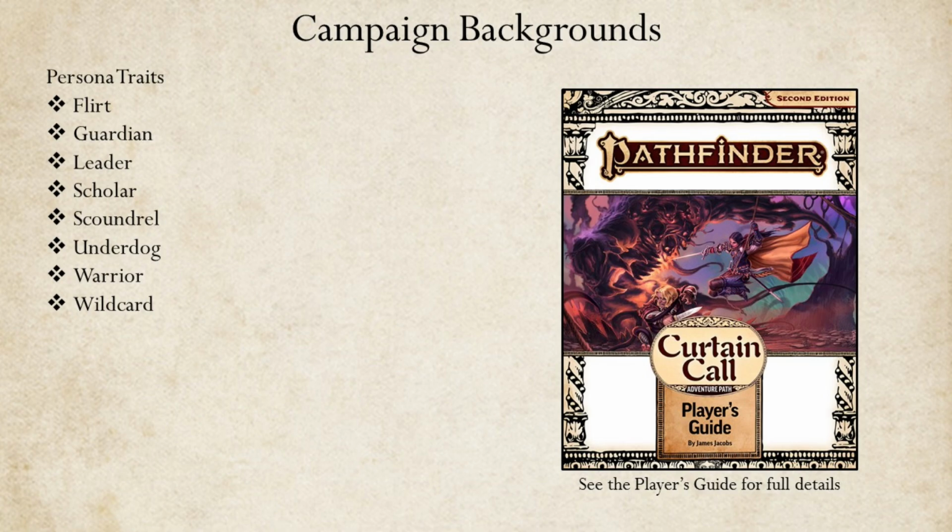The PCs of Curtain Call will be treated with a degree of celebrity in Kintargo, especially as the premiere date for their opera draws near. Legends of the characters' past exploits, as well as rumors of their opera's production, will cause the local rumor mill to churn out gossip about the party, and a character's chosen persona trait informs the basis for that gossip. In short, the persona trait is a one-word description for how the public of Kintargo sees your character, through the lens of character archetypes seen in plays and operas. There are 8 traits to choose from.